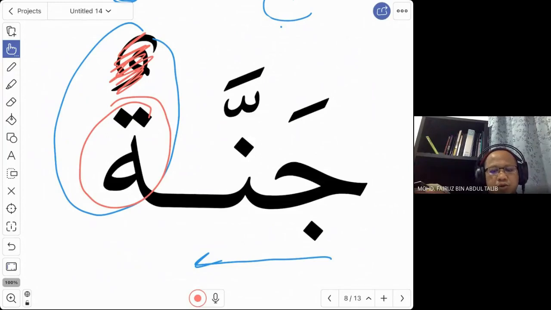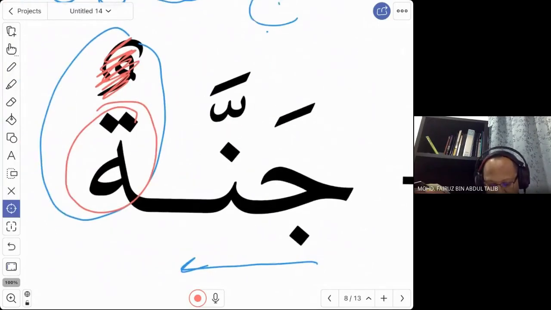So now you don't say Jannat, you say Jannah. If you do not read this tanwin, you say Jannah. But if you read with this symbol, it doesn't matter whether it is a tanwin or the normal dhamma or fatha or kasra, then you have to read the ta. So this ta marbuta has 2 sounds. One is the T sound if you read it with a vowel. Second is the H sound if you do not read the vowel. Is it okay?